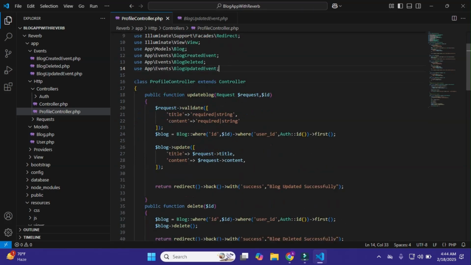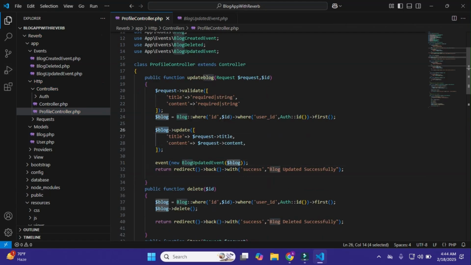So first is our update block, and after this I'll just simply pass here event, and within the event I'll just simply pass a new BlockUpdated, that is this block updated event, and within it I'll just simply pass all the block data that we use here.